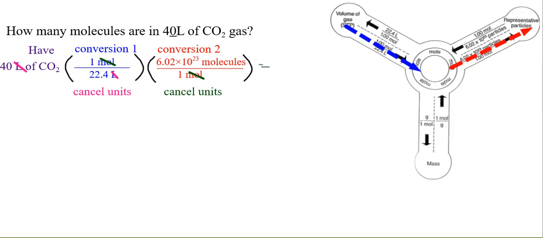Sometimes I tell my students to write out that top answer, because sometimes you have other numbers than 1 and whatever the conversion factor is there. Then you just multiply your denominator together and write down the denominator answers, but you guys can figure that out. So multiply the top numbers, multiply the bottom numbers, and then just divide the difference between the two of them, and you should get approximately